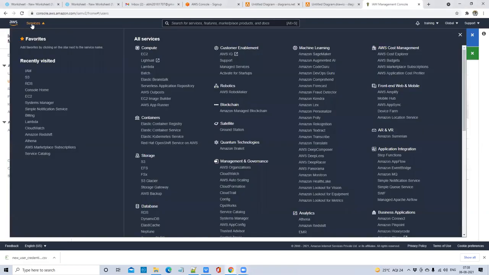Let's say I got a requirement in my team. I want to spin up a new virtual machine or new Linux machine where I want to run my Python code. For that, generally you will use the service called EC2, Elastic Compute Cloud. If you want to run any virtual machine, then you need to go for this EC2. So how to create an EC2 instance?